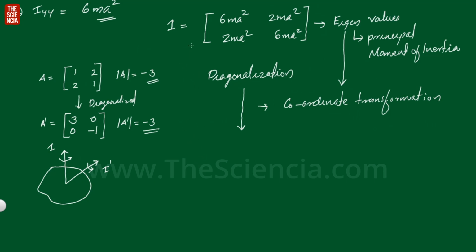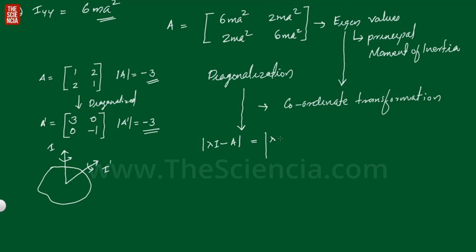So here we have to solve this problem. To solve this problem, we have to find its eigenvalues, or we have to diagonalize. So how to diagonalize? Here I am calling this I as A. It is the moment of inertia tensor, but I am calling it the A matrix. So we are going to do the diagonalization. How do we do the diagonalization? It is lambda I minus A equal to,